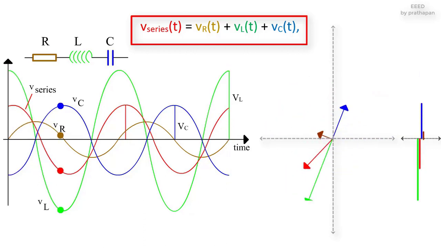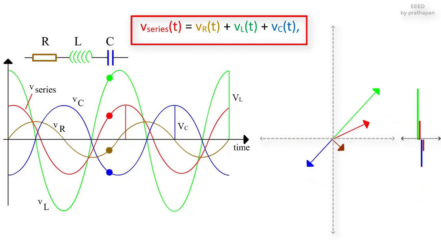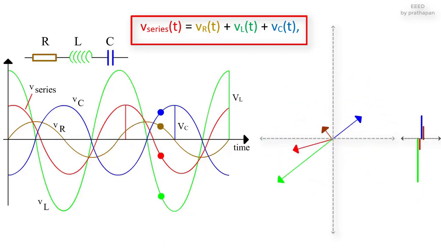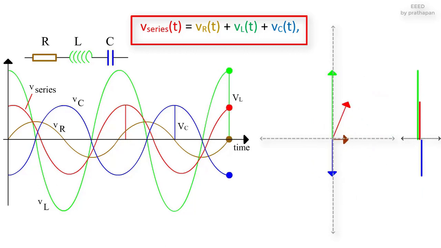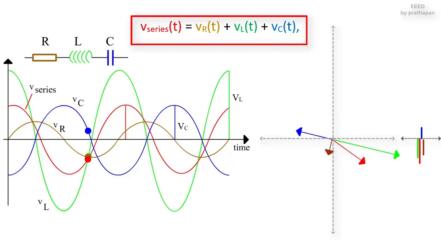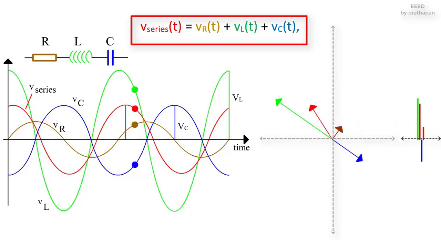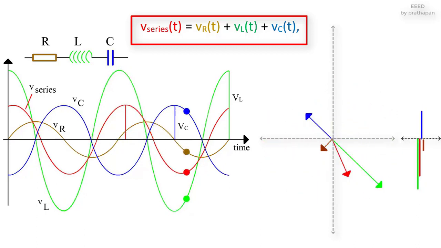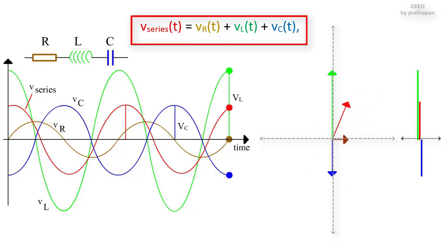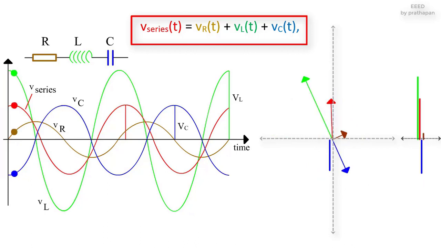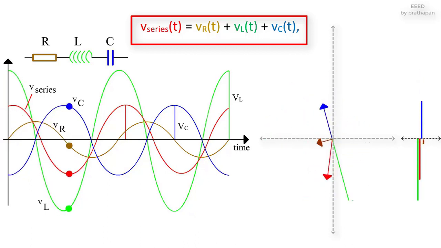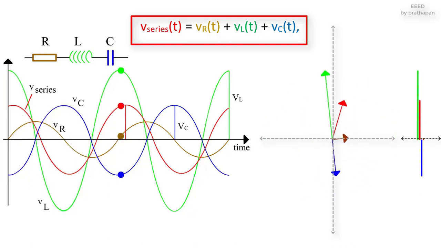The current I(t) we shall keep sinusoidal, as before. The voltage across the resistor, V_R(t), is in phase with the current. That across the inductor, V_L(t), is 90 degrees ahead, and that across the capacitor, V_C(t), is 90 degrees behind. Once again, the time-dependent voltages v(t) add up at any time, but the RMS voltages V do not